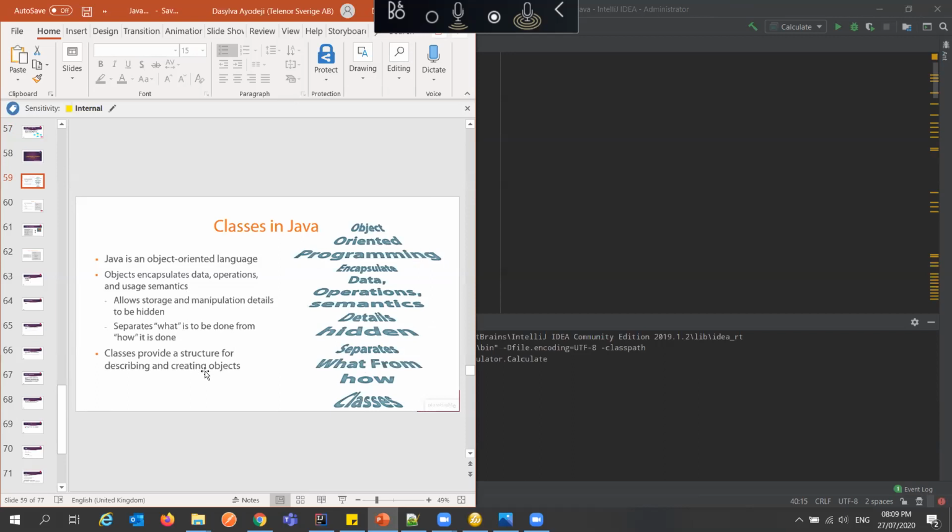It says classes provide structure for describing and creating objects. As a beginner, sometimes when you read all these things, it gets you more confused, because you'll be saying, okay, classes describe and create objects. What is an object? This one has started again, you know. But just take my definition for it.